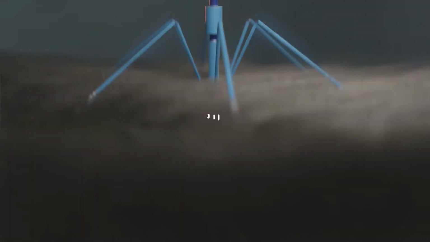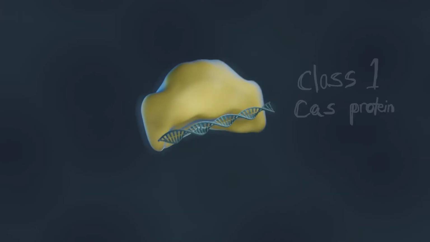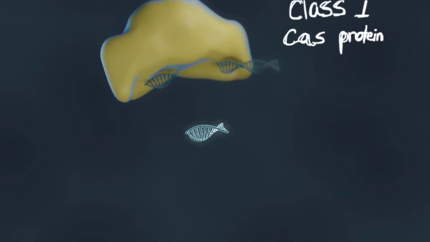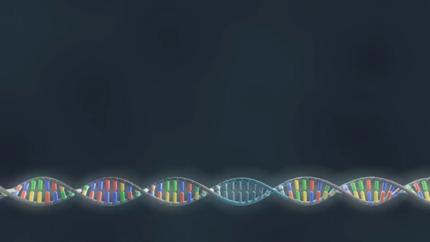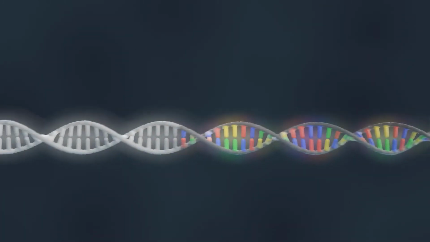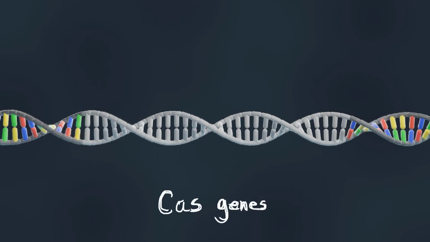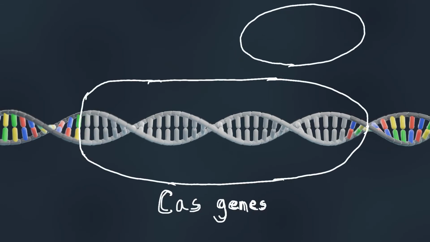Whenever there is a new invader in the cell, a protein attempts to take it apart. A small part of that foreign DNA is then added to a space between 2 repeating segments, like a library of past infections. There are also CRISPR-associated genes, or Cas genes, that are responsible for the protein that move all